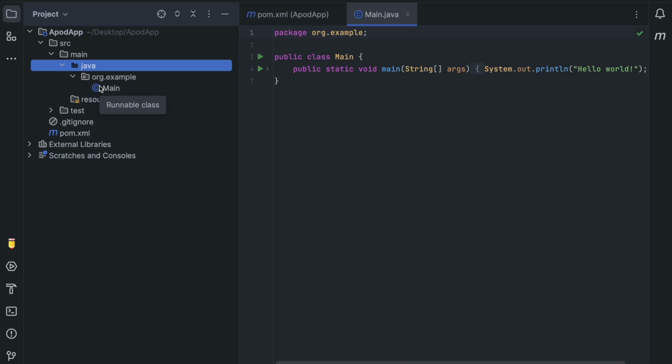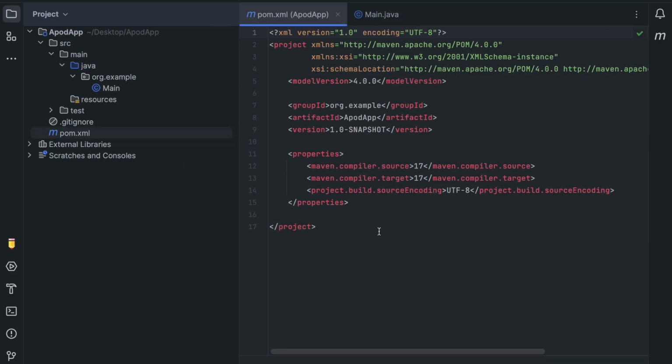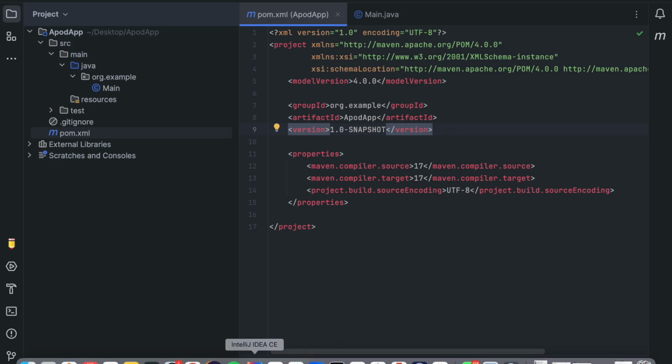Okay, so now that we have our project structure, let's go over here on the left and find our POM XML file, this file here. And we're going to want to open that. And in here, we're going to add two dependencies. And to get these dependencies, you can go to,